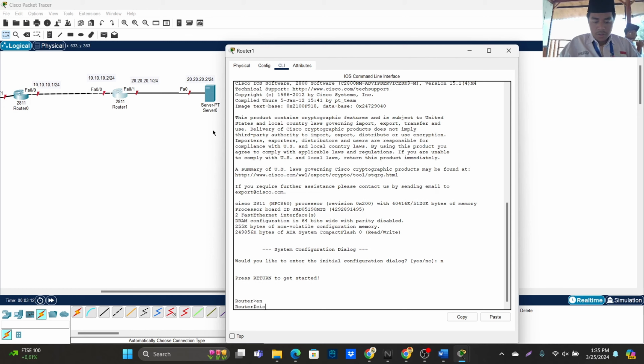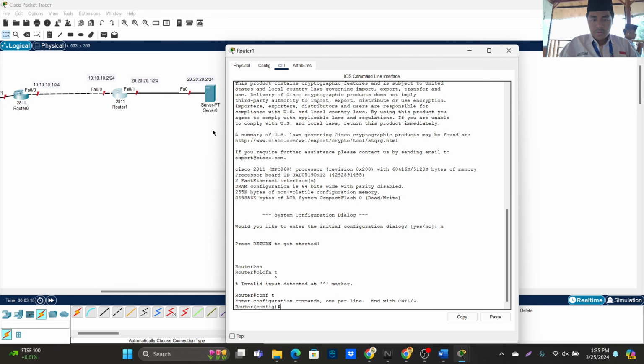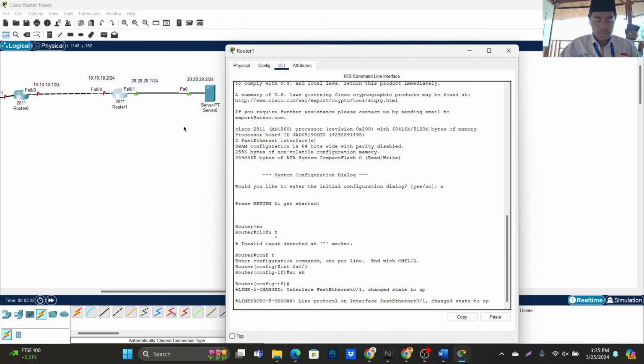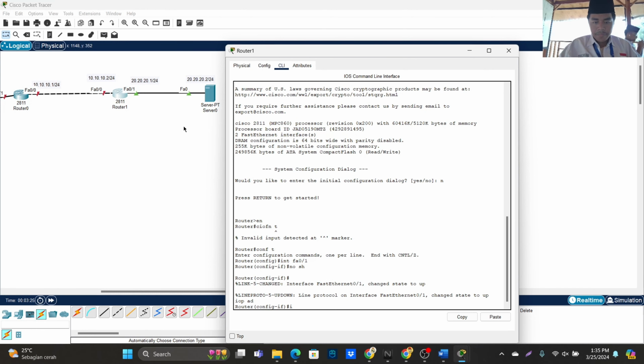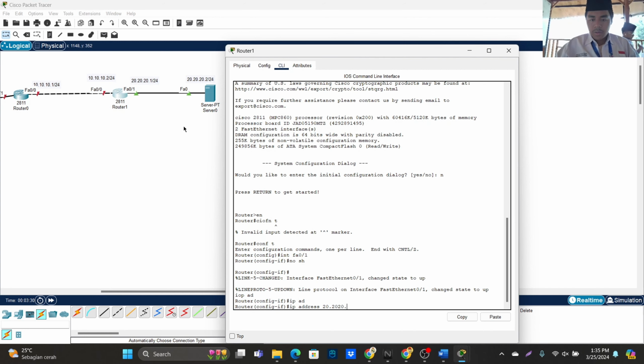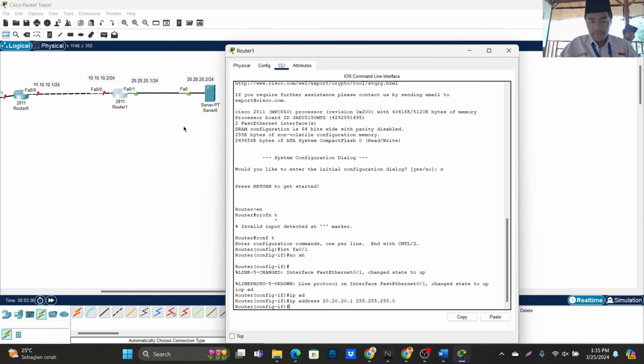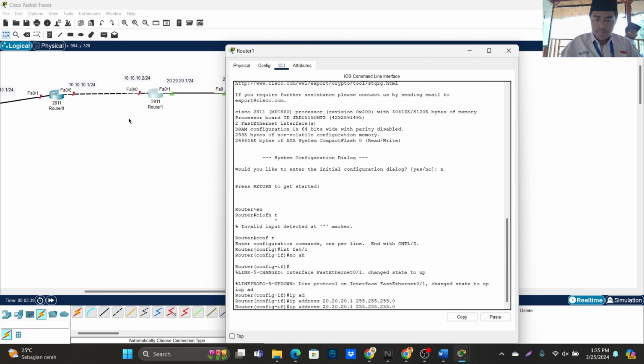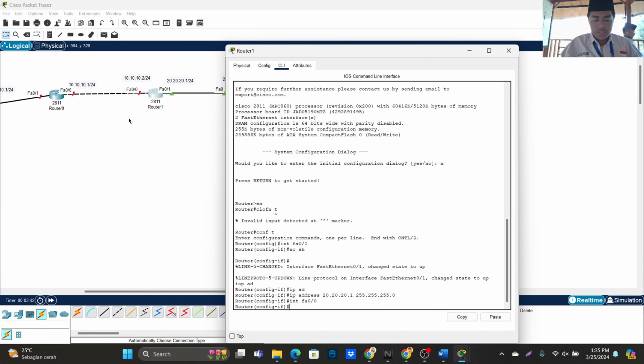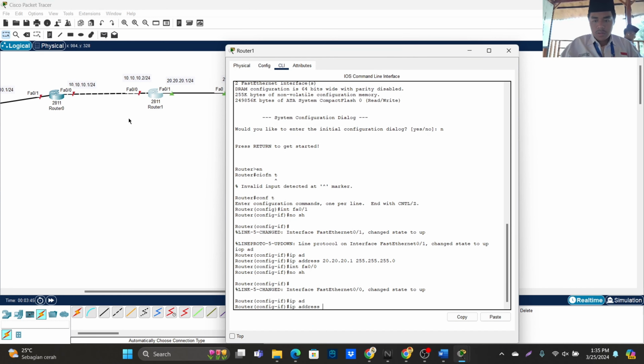Open configure terminal, interface FA0/1, no shutdown, IP address 20.20.20.1/24, and then go to interface FA0/0, no shutdown, IP address 10.10.10.2/24.